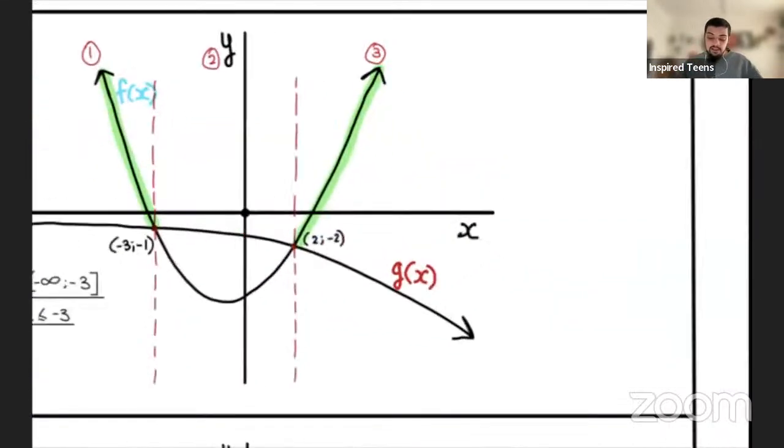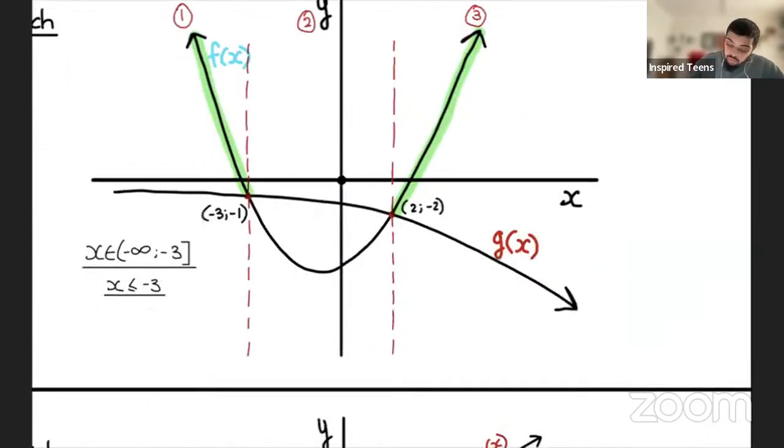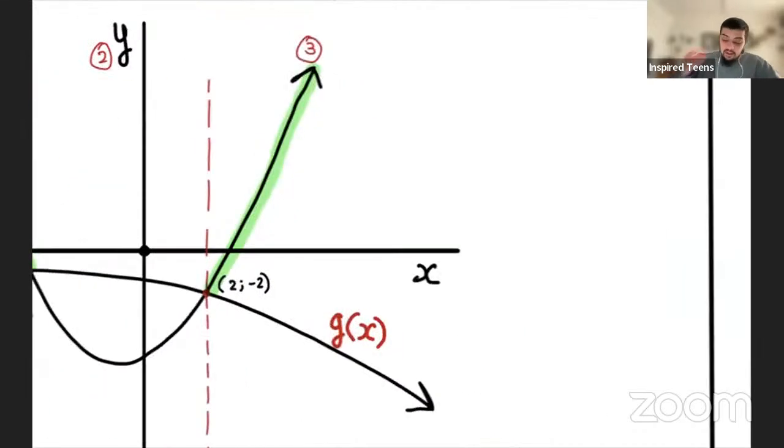Okay, let's answer for the next portion of the graph. So here you need to get 2 marks, right? You need 1 mark for that and 1 mark for your second answer, so you'd have 2 answers. Let's look at this green part of the graph, and we have to try and give